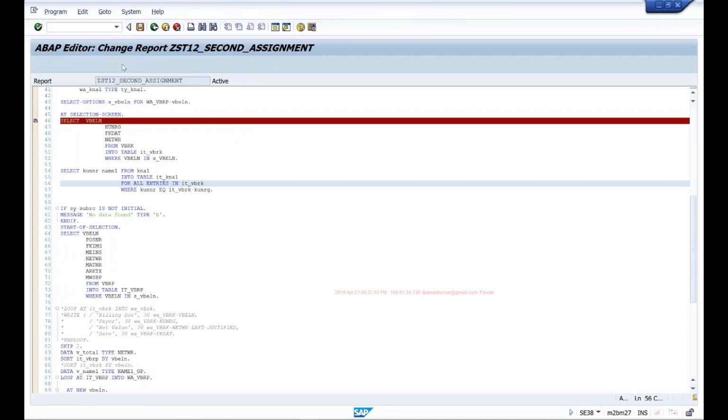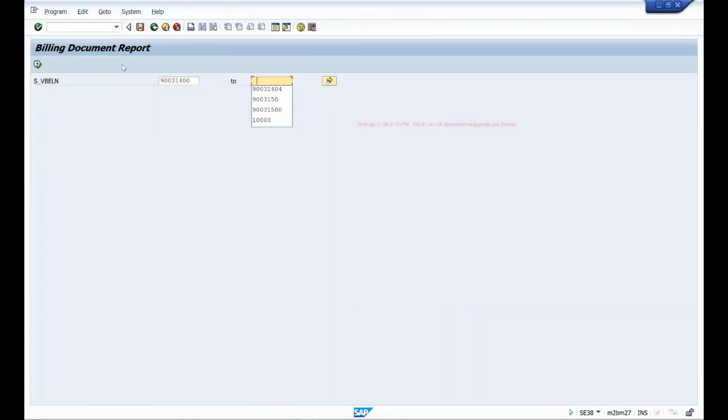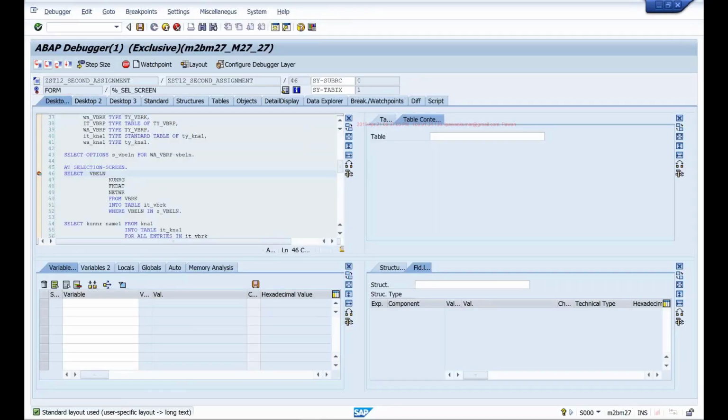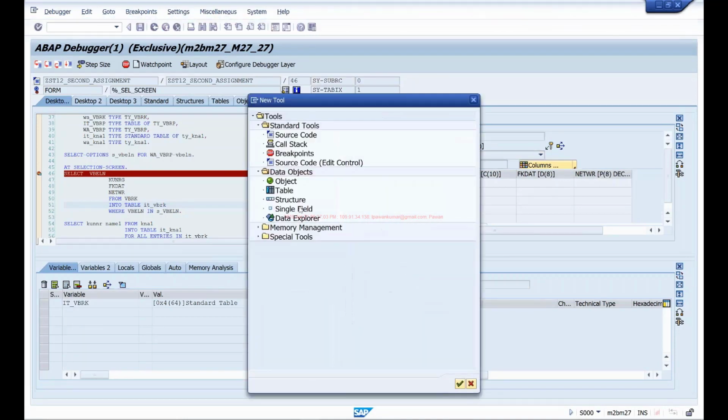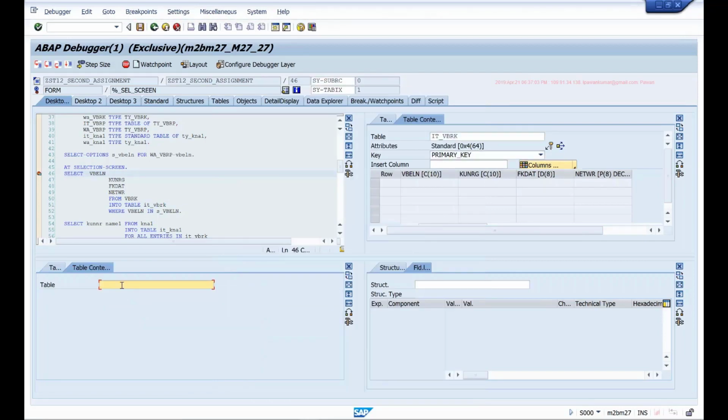Let's see this in debug mode. So if you look at IT_VBRK here, and IT_KNA1 here.